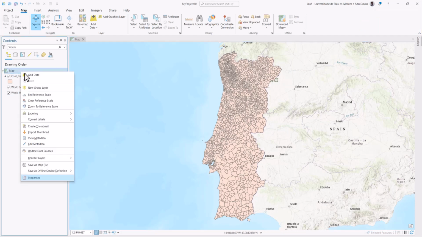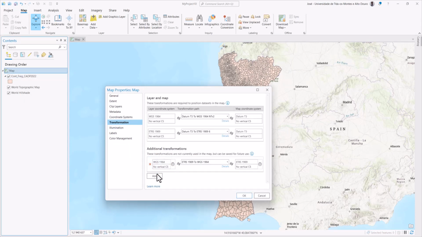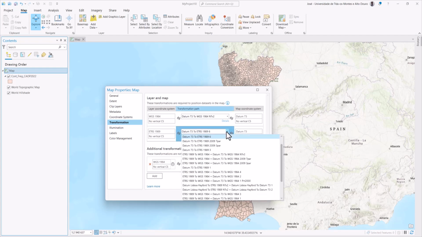In these cases, access the View properties. Select the Transformations tab and add an appropriate transformation or modify an existing one. In this case, there is already a previously defined transformation, which allows the projection between databases from the Portugal TM06 ETRS89 system, identified here as the Layer Coordinate System, to the Hayford-Gauss system of datum 73, identified as the View system. This transformation is configured to use the set of parameters called datum 73 to ETRS 1989-6,